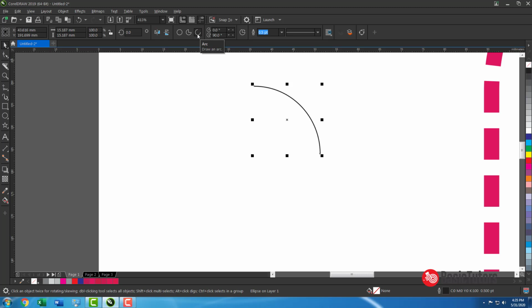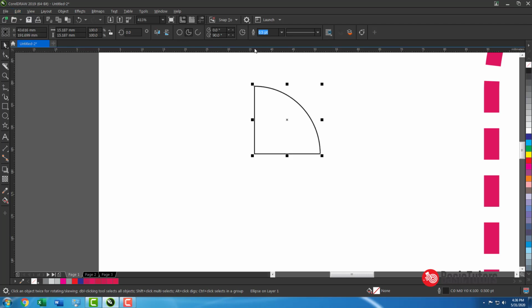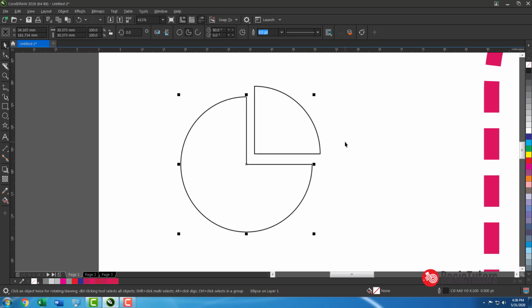See, this command arc is nothing but the outline edges, only edges. Also there is a thing called change direction. Make a duplicate of an object, and then click this command. What will happen? You can get a reverse of this direction. How? Like it is from 0 to 90, this is from 90 to 0. Okay, you can get something like this with this command. Okay, this is all about our ellipse tool.